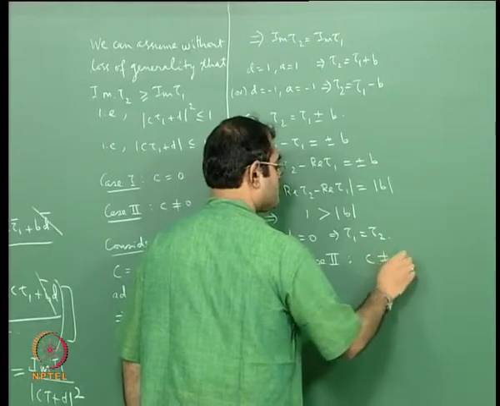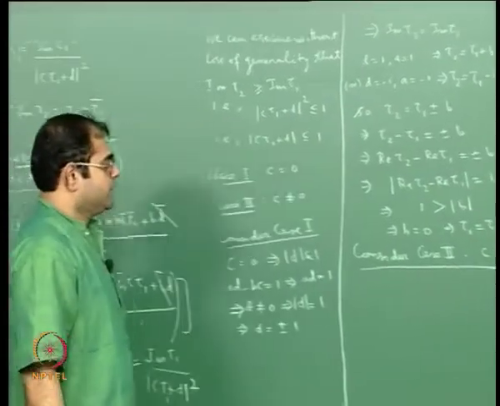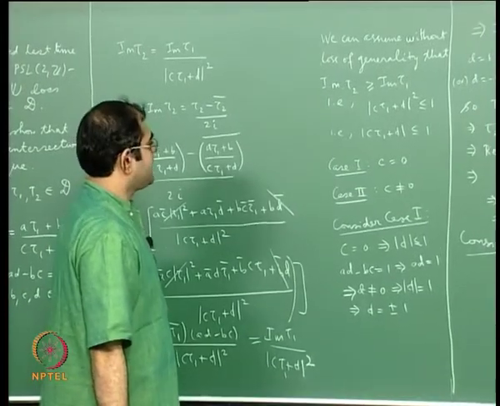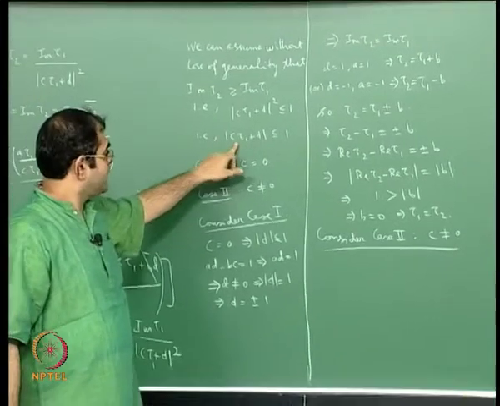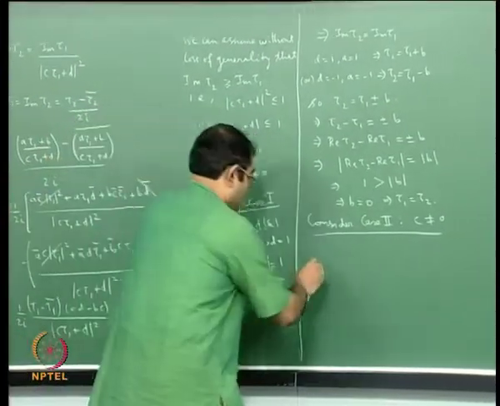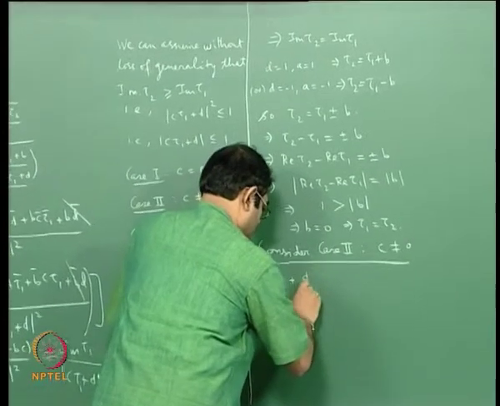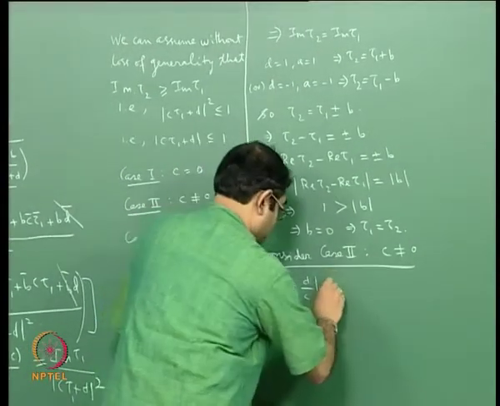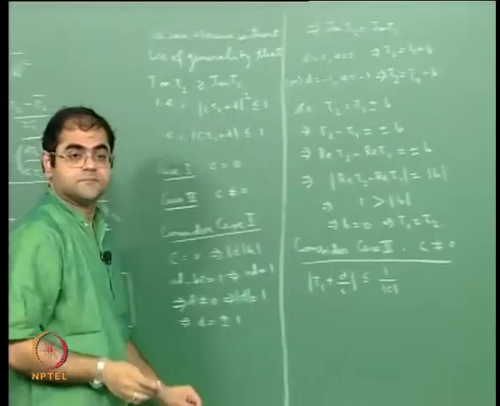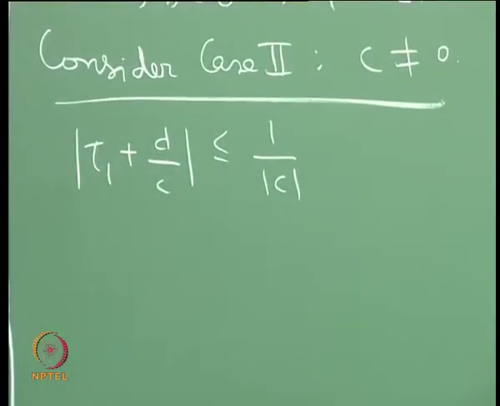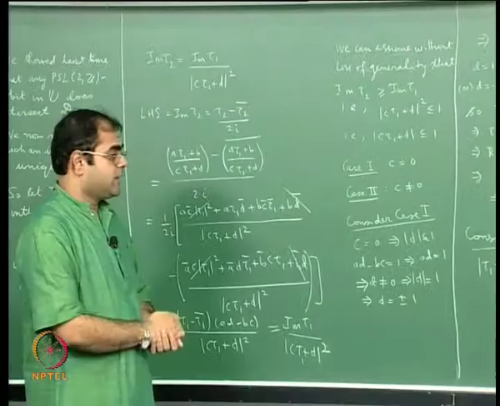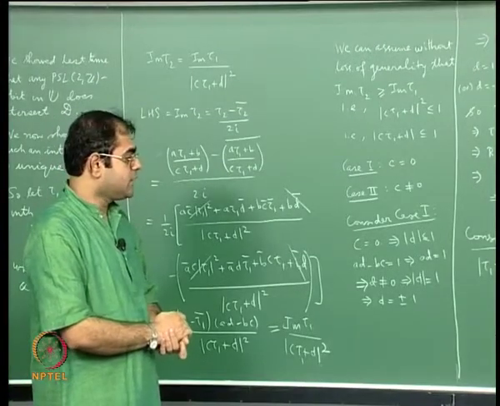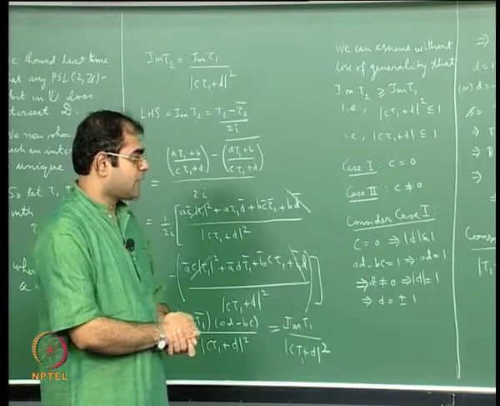c is not equal to 0. So if c is not 0, then I look at this inequality and I can divide by c, okay, what I will get is mod tau 1 plus d by c is less than or equal to 1 by mod c, okay, since c is not 0 I can divide by mod c, okay, this is what I will get. And now again the claim is that mod c has to be less than or equal to 1,